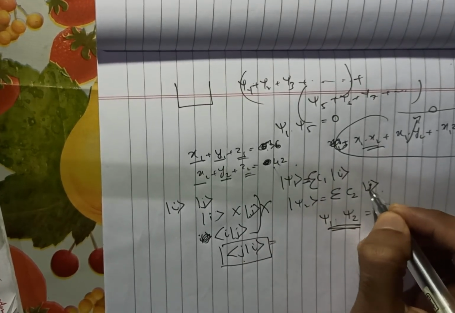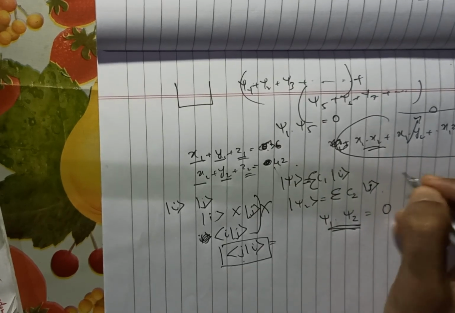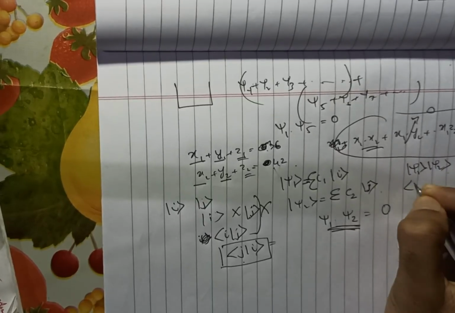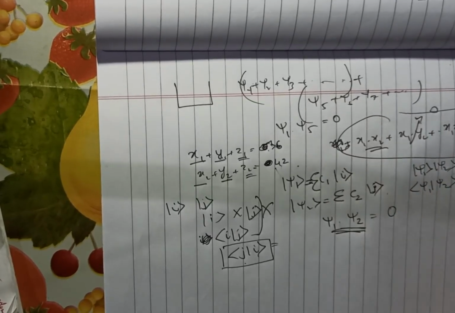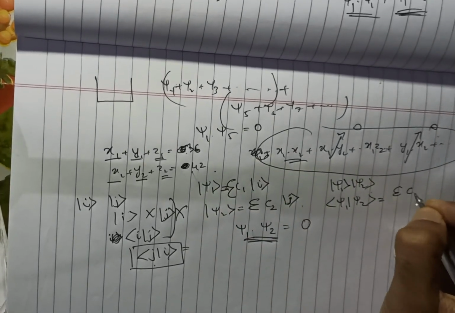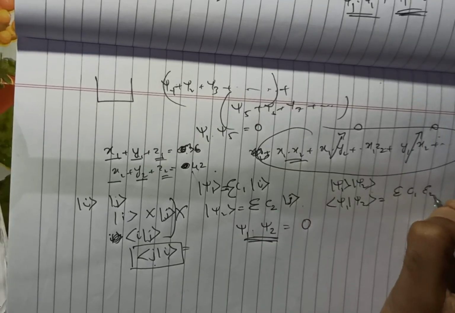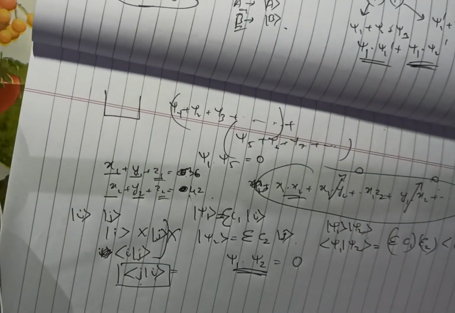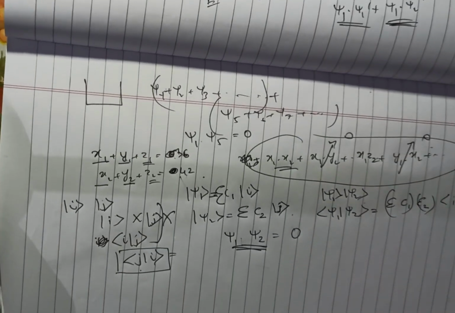Now when we use this kind of notation, what do we have here? i. What do we have here? j. And according to the notation, if you have to multiply these two, we cannot just multiply psi1 psi2 like this. We will have to write it like this: psi1 multiplied by psi2. When we write like this, what do we get? First of all, we get a linear combination of c1 multiplied by a linear combination of c2 multiplied by i multiplied by j.